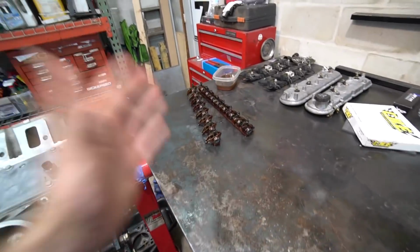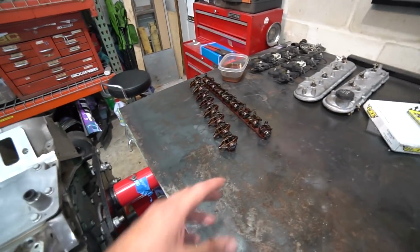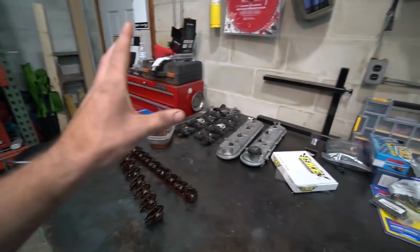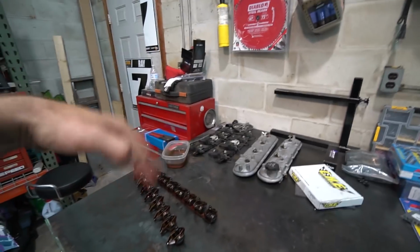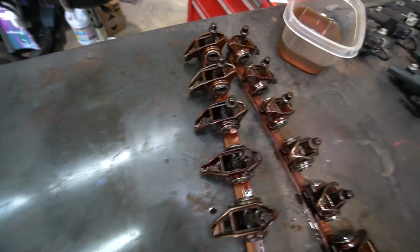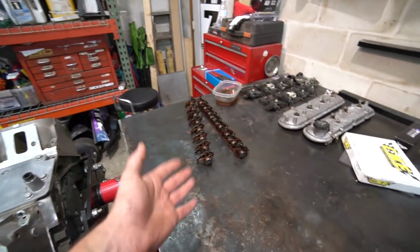I don't know if they include an extra snap ring or they accidentally included one or what, but my hands were oily. One of the snap rings went flying off into outer space. You know the meme, the dun, dun, dun, dun? That's what happened. It's long gone. I looked for it, couldn't find it, but I had enough. And I double checked to make sure I did not put one on any of them. So they must include an extra, which I was hoping they did,